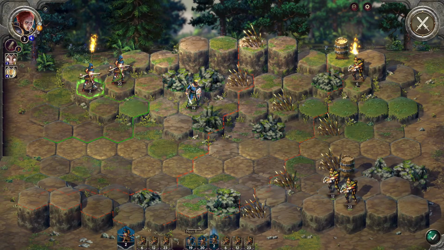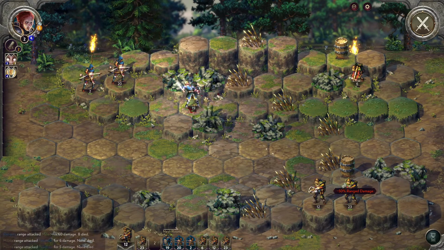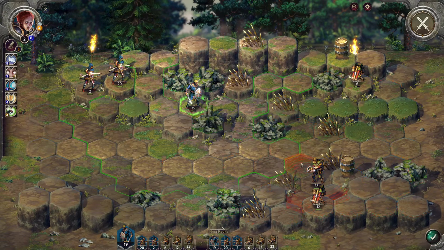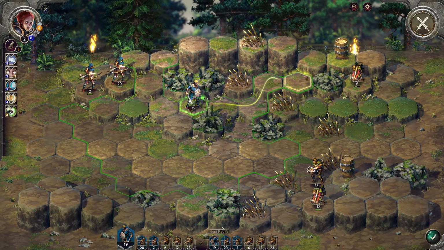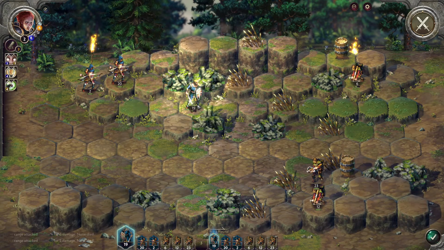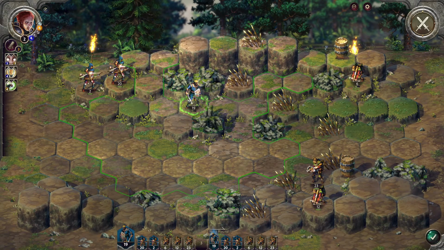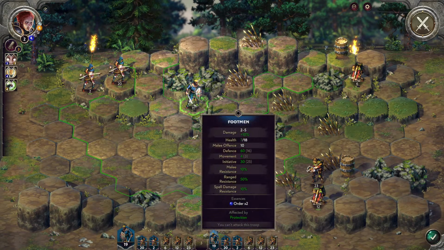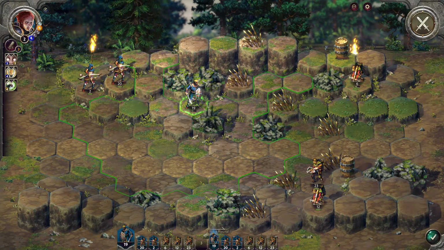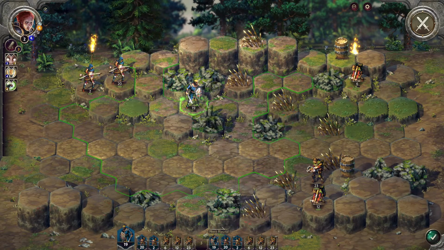I guess we end turn. Oh, they can move and shoot. So they moved to get into range. Let's protect. Wait, but that was not advisable because protection grants... It doesn't grant ranged resistance, does it? It grants...